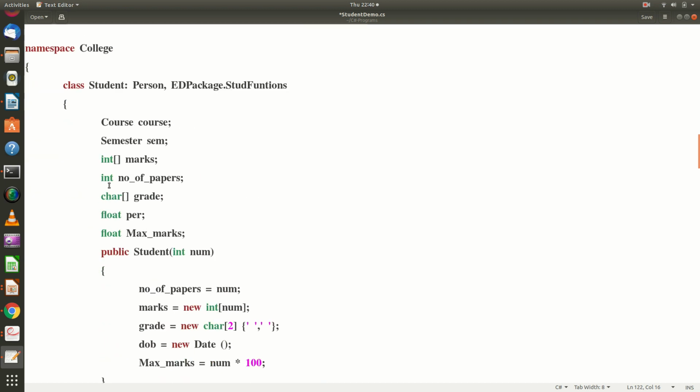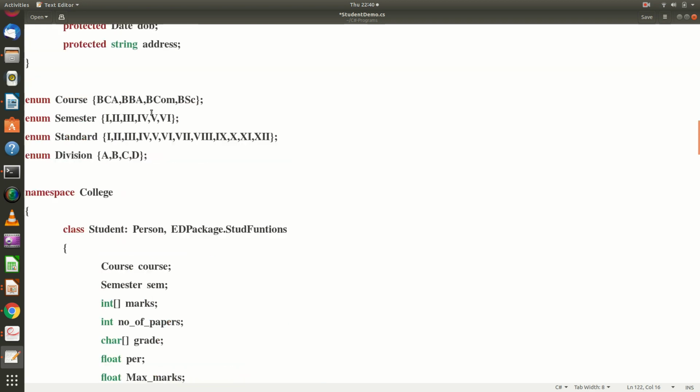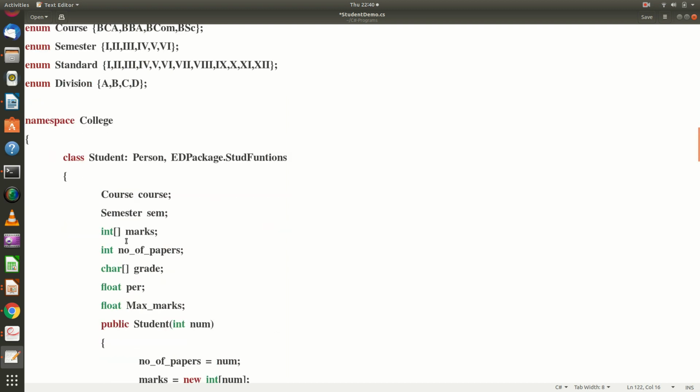And here for the college student I am declaring a course. Course is an enumerator data type. Semester is also an enumerator data type, and I am going to declare marks as an array, and I am going to declare the number of papers. I declare grade, the percentage, and the maximum marks also.